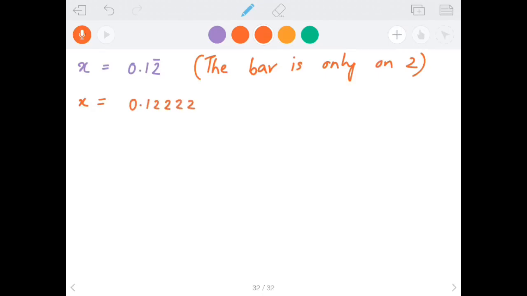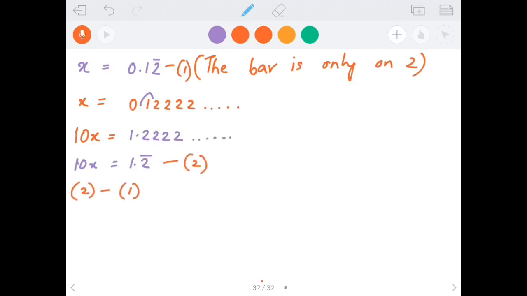This is going to be 0.12222, and since the bar is on 2, it is the digit 2 that keeps repeating. Alright, so let's figure out how we're going to do it. Since we have just one number under the bar, I'm still going to multiply it by 10. I'm going to push one decimal to the right, and I'm going to get 1.2222, which is nothing but 1.2 bar. That's 10x for me. As usual, I'm going to write my first equation and my second equation, and then I'm going to subtract both the equations. So 2 minus 1 will give me,